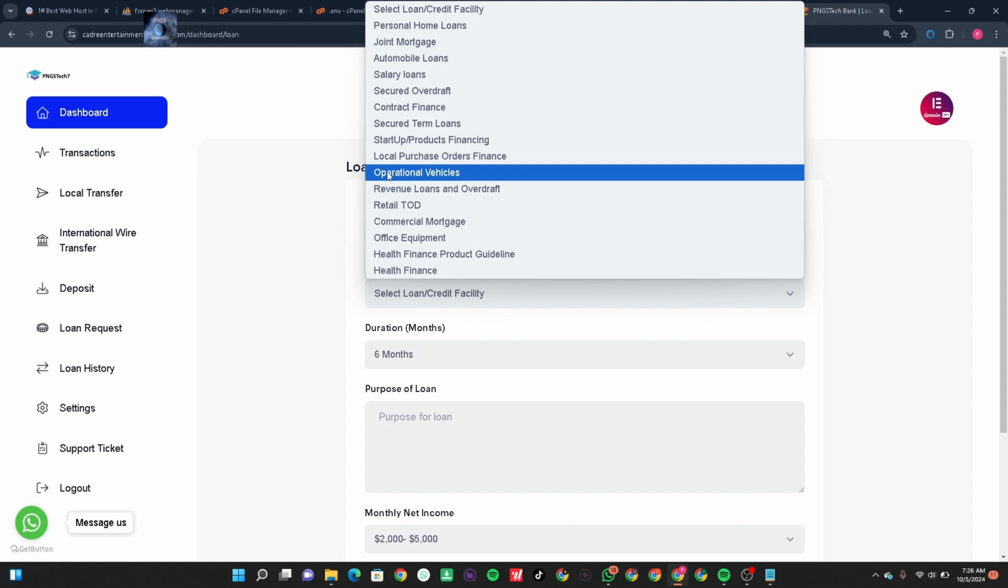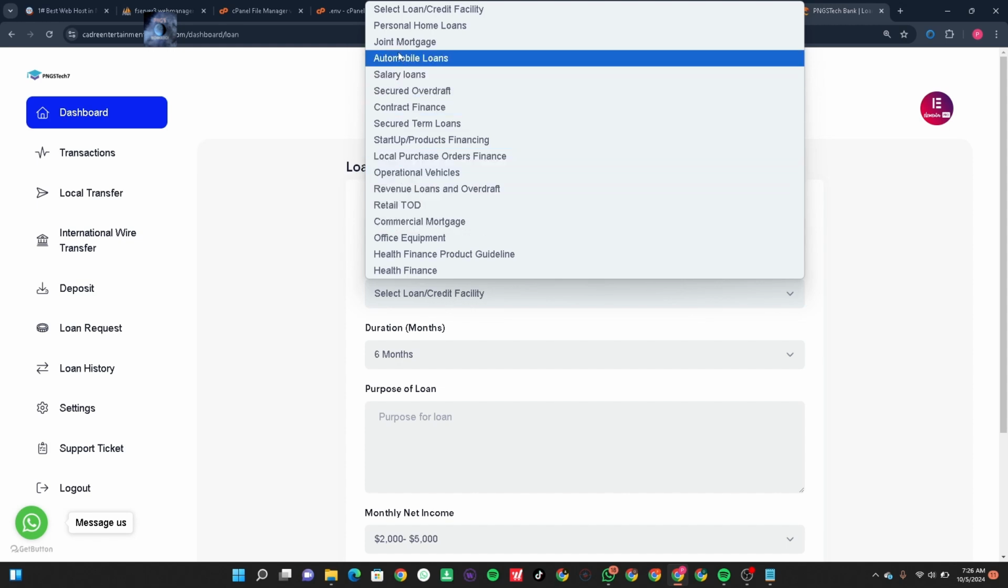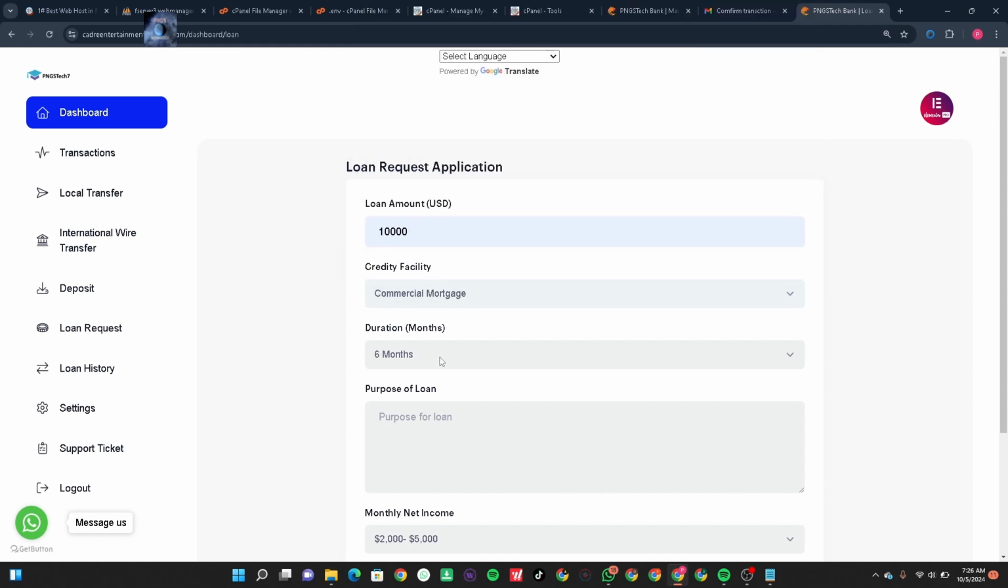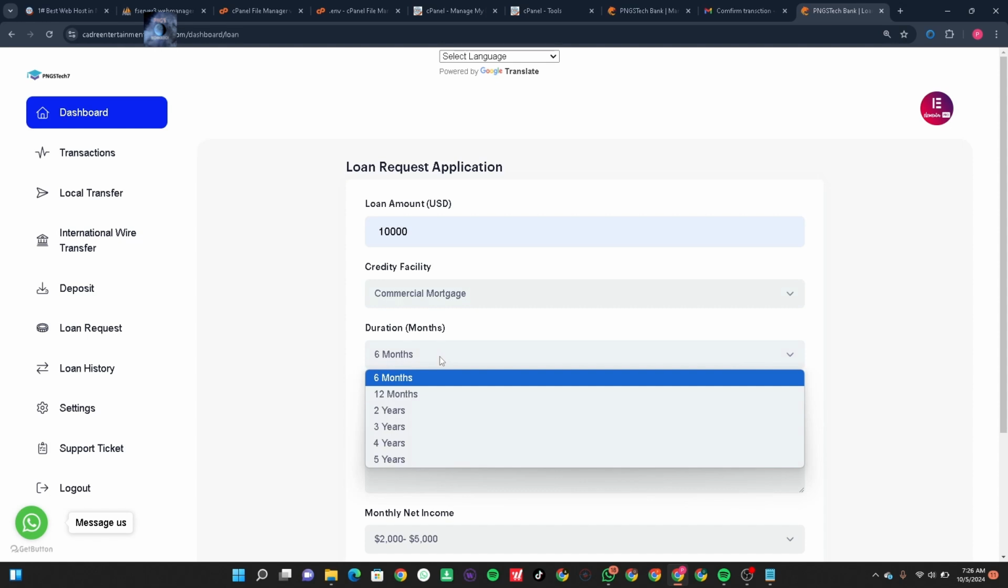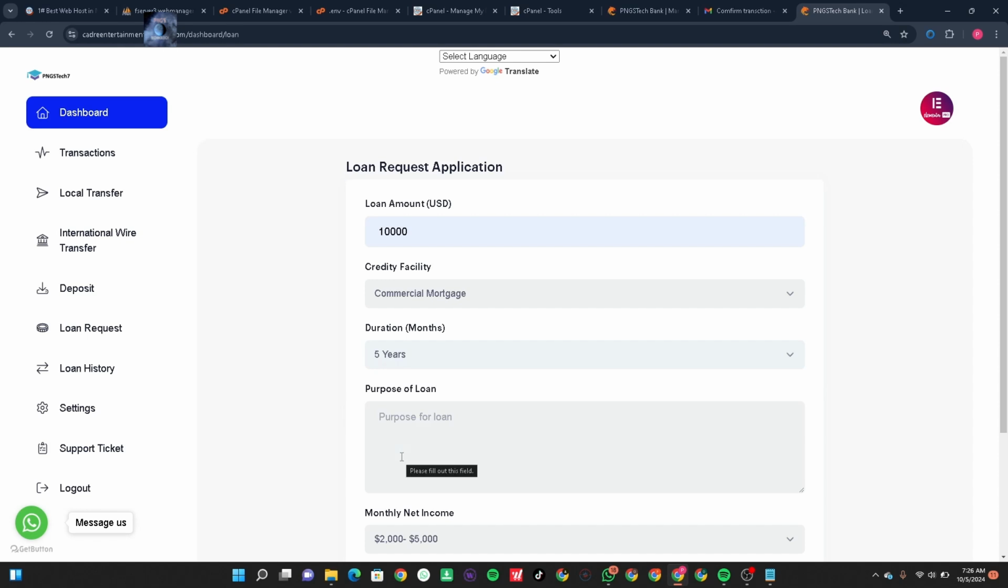Okay, so let me say I want a mortgage, right? I need the mortgage. Let me say commercial mortgage. I want to build a house, so mortgage is actually for housing. Okay, so I want to pay this in 5 years duration. So purpose of loan, I can say I have